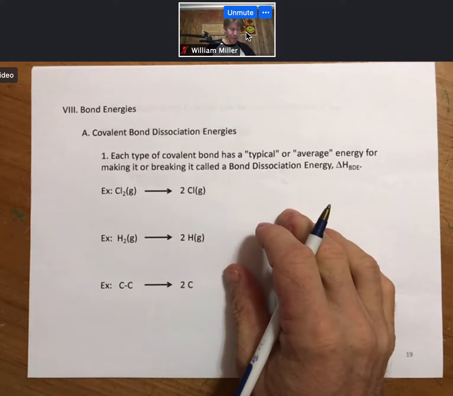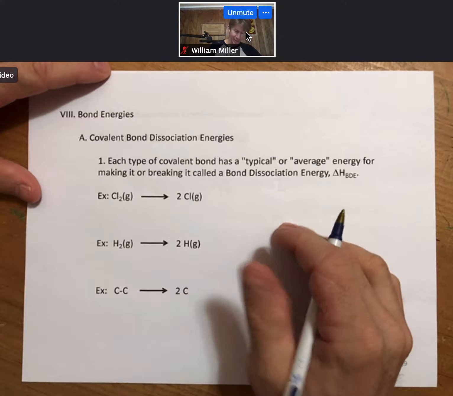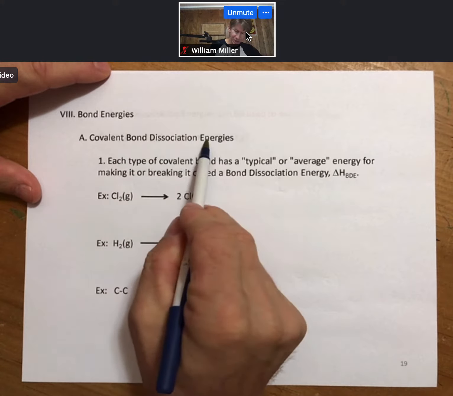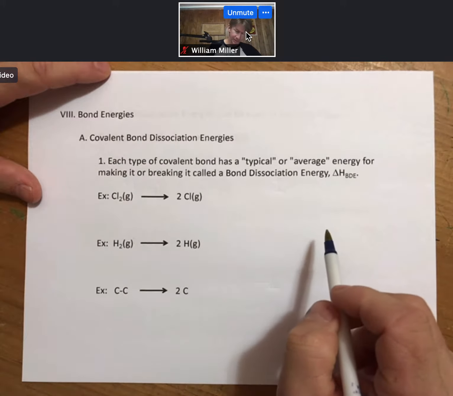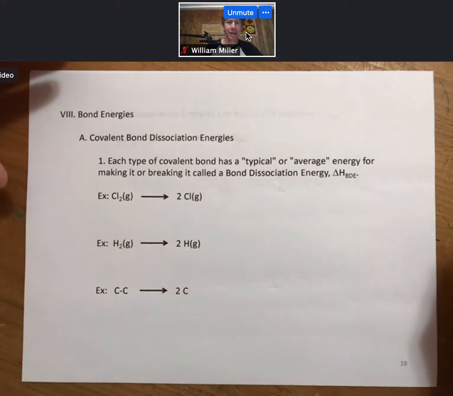Before talking more about how we estimate those, let's talk about bond energies for covalent bonds. These are going to be called bond dissociation energies, or delta H BDE for short. And for this, this is a very engineering approach to things. Each type of covalent bond has a typical or average energy for making it or breaking it,